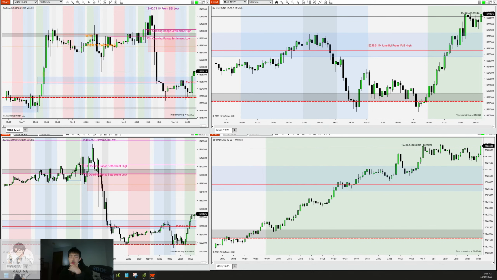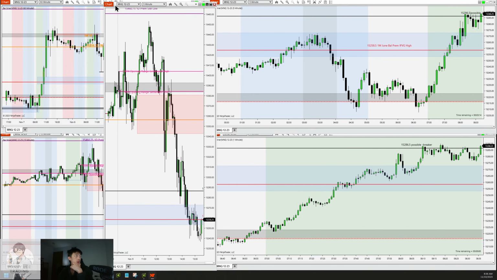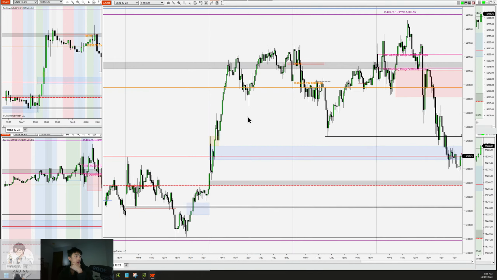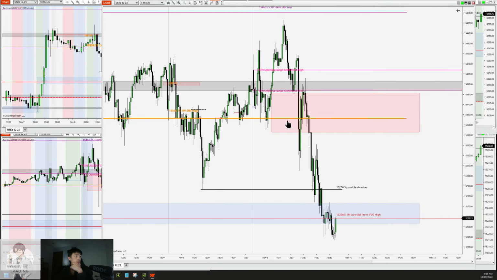So now I have my copies, trade copier set up. Let's look at the real-time hour chart so we can see where our previous day ended. Okay, so previous day's range, remember, we opened up, we took that out immediately, and then we jacked up the buy side there. So we are going to take a look.